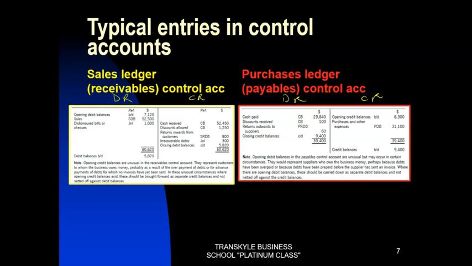Then the purchases ledger is also called the payables ledger control account. Why? Because payables are credit purchases. Let us focus on the receivables ledger control account. You can see that the opening debit balance brought forward was 7,120. But one thing I want you to notice is